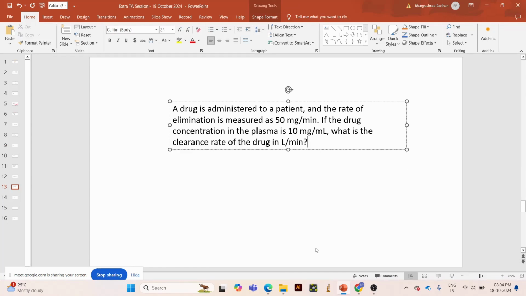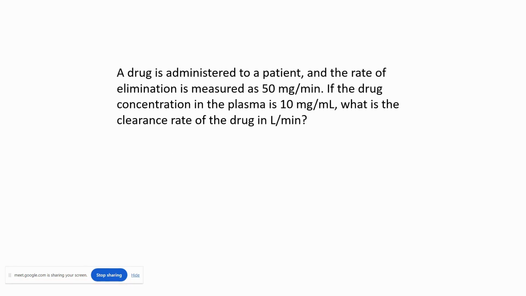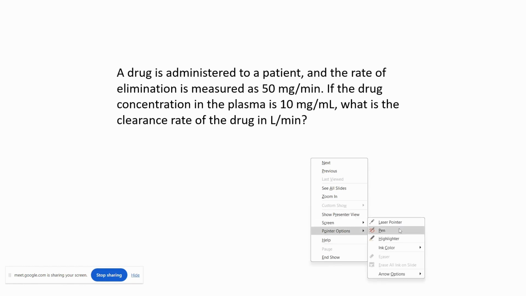Ma'am, it will be 5 into 10 power minus 3 liters per minute. Yes, yes, that is the correct answer. So